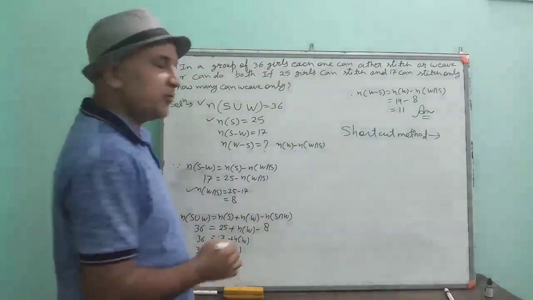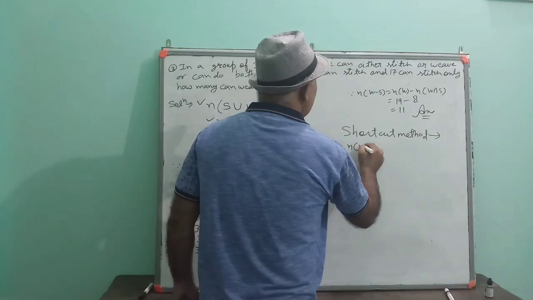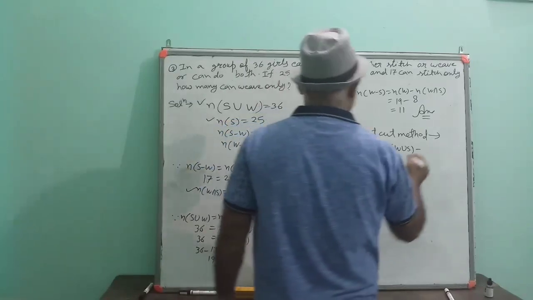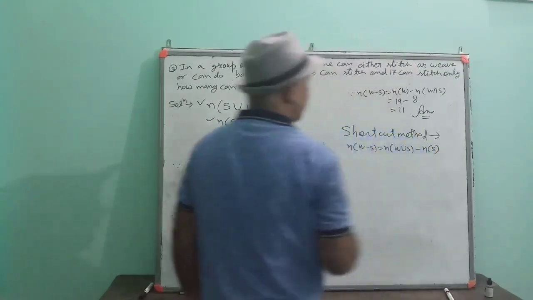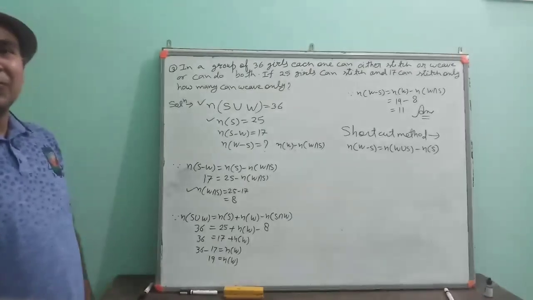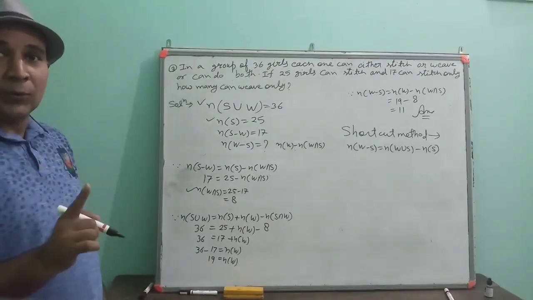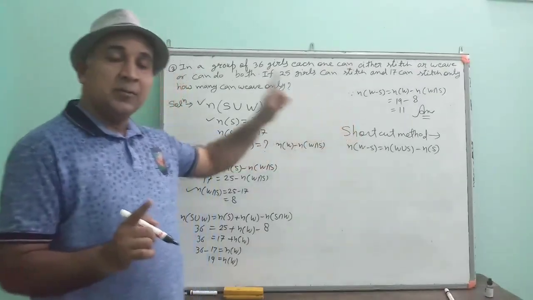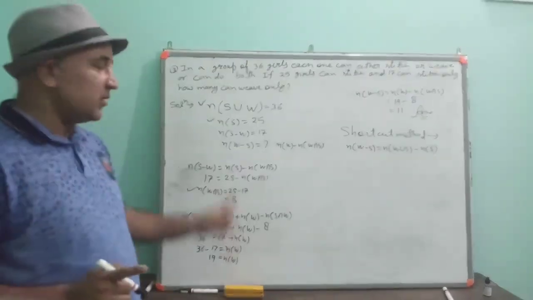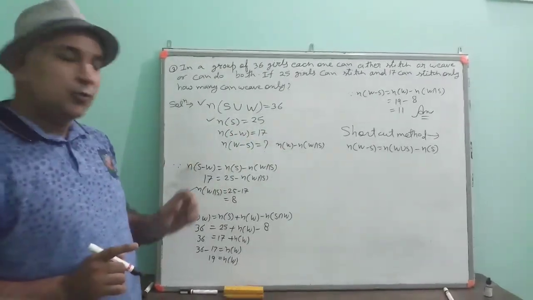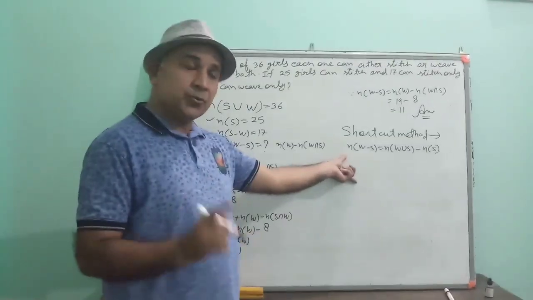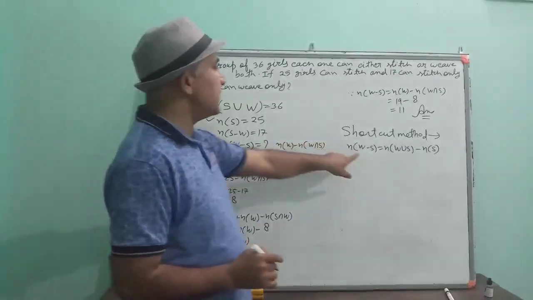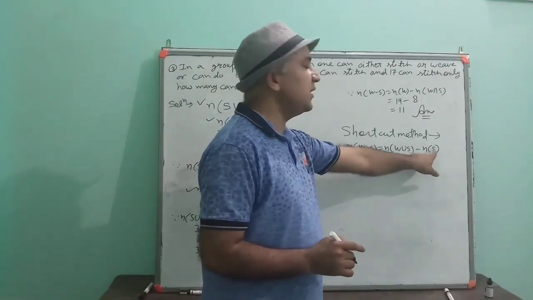See, what is the shortcut method? We have learned this formula, W union minus S minus NS. See this one. This is the shortcut formula. But you have to learn both. Don't think that since sir has told the shortcut, you will always use that method. No. If you want to be good in maths, then both the methods should be known to you. To save the time, you can use it. But you should know this long method also.